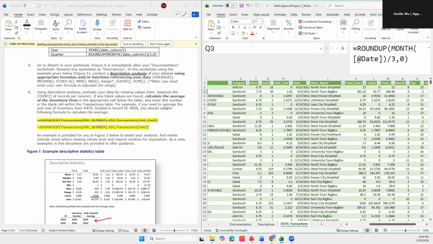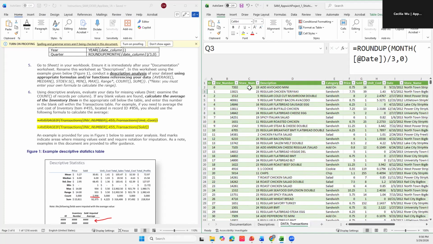For example, if you need to average the unit cost of inventory item 455 located in record ID 856, you should use a formula to calculate the average. For some of the items, the sold